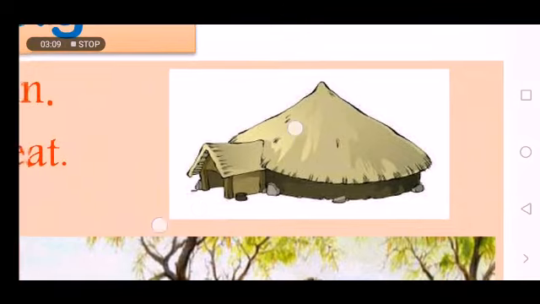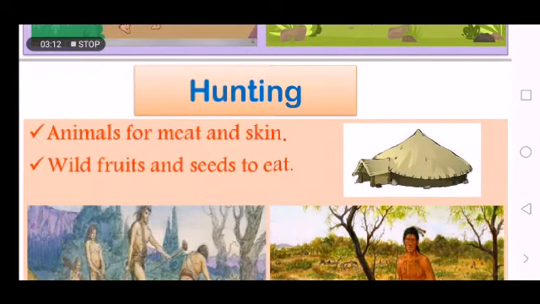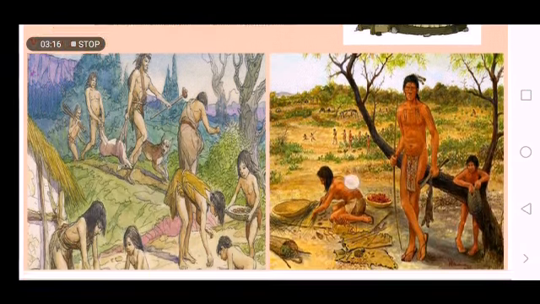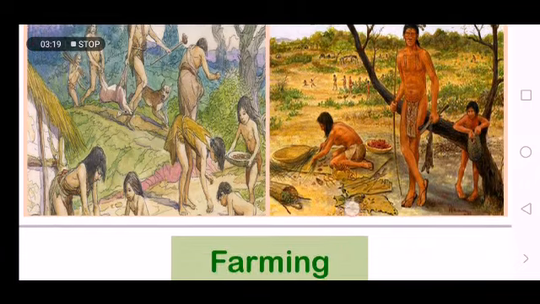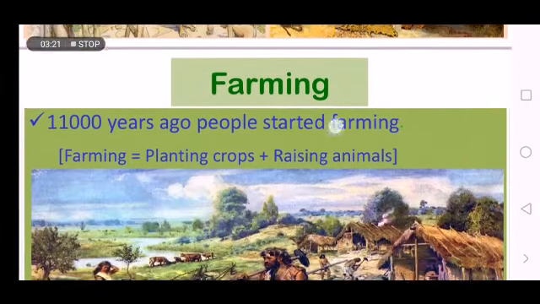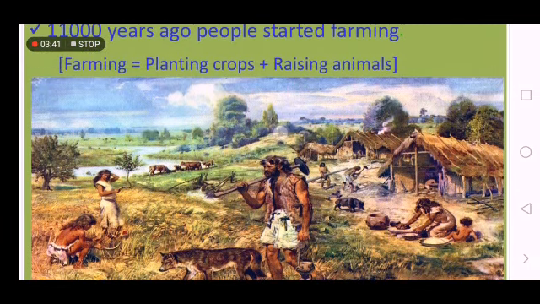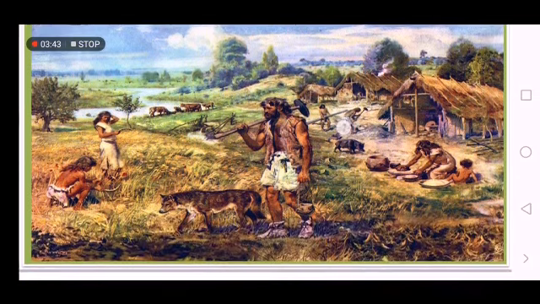So, as time passed, these humans developed themselves to have a new lifestyle. They stopped killing animals randomly, they stopped hunting, and they stopped gathering plants and crops. Instead of being hunters and gatherers, they turned into farmers. They started farming and growing plants, raising animals, and taking care of plants.